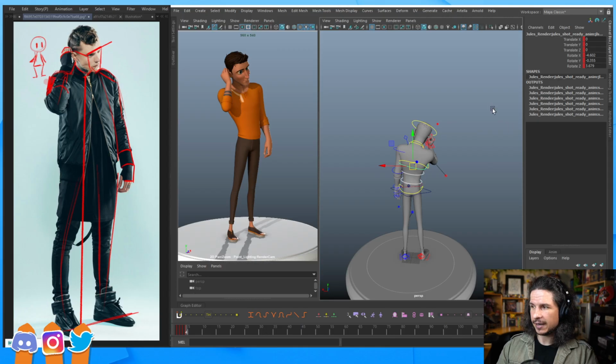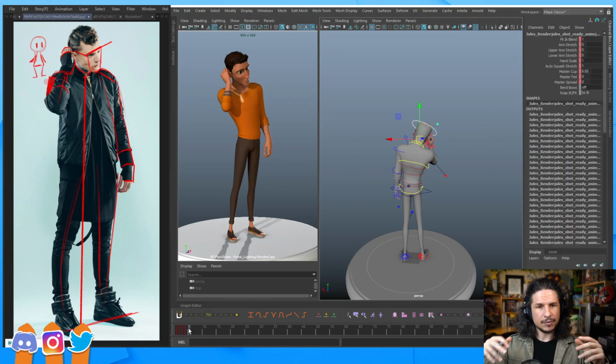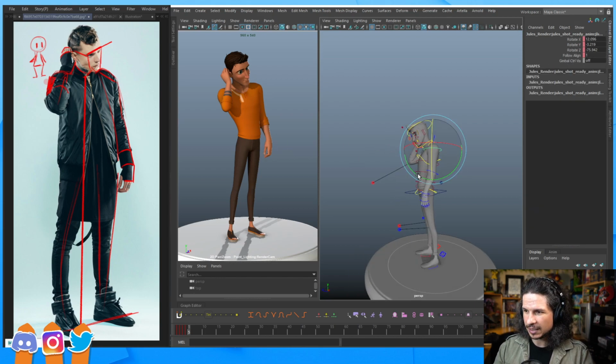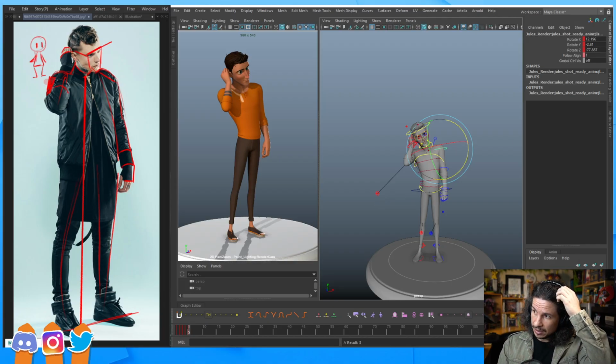Now, from there, the next thing to do, let's say we've done this. This is the second pass. We go through, yes, improve all those different things. Maybe, like, for example, this arm here, we're noticing a little too much negative space right there. Let's bring that arm just back a little bit closer to the body, so it kind of pulls that whole line through there. Now is the time when we start going into the fine details of the shot. So,